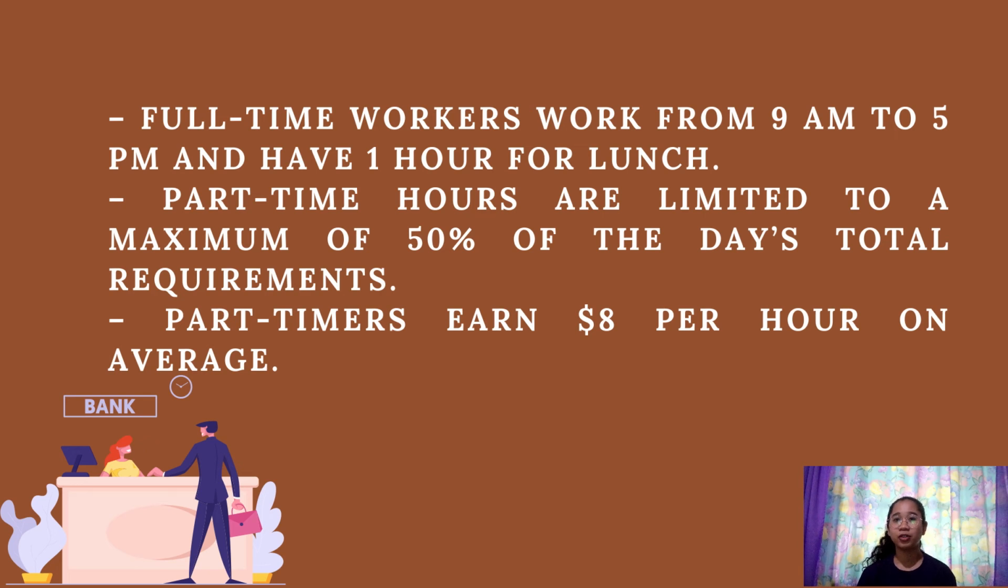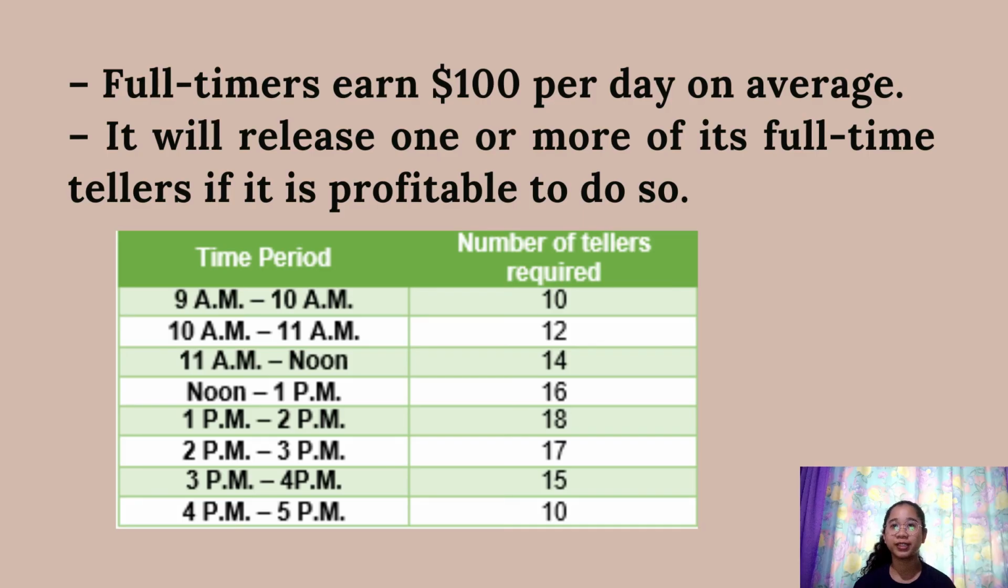On average, part-time workers make $8 per hour or $32 per day. Full-time employees receive an average of $100 a day in compensation and benefits. To minimize total labor costs, the bank wants to implement a scheduling method that can be implemented on a regular basis. When it's in the interest of the company to do so, like when profitable, it will release some of its full-time tellers. The table shows the number of personnel that the bank needs in the various periods of the day